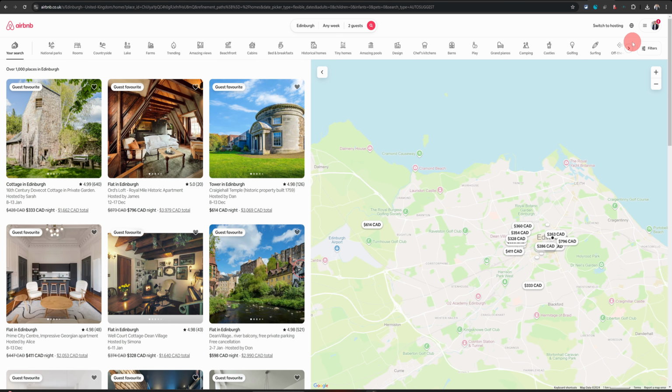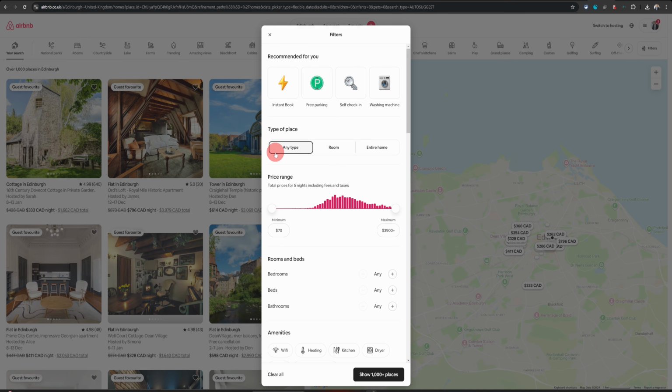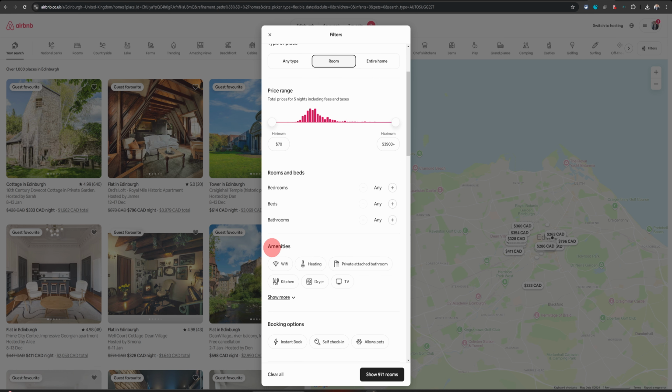Now, the first thing you need to do is click on this filters icon here on the top right. And the second option here is the type of place. You need to choose room because by default, it shows you any type that includes entire homes as well. And there is no point looking for a private bathroom in an entire home because the entire property is going to be yours. So once you've chosen the room type, then you need to scroll down, and under amenities you